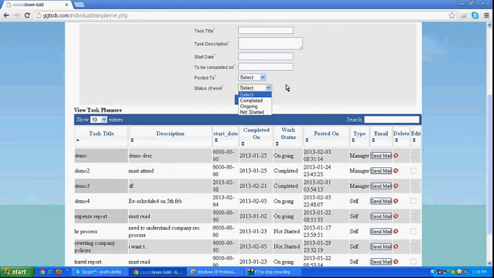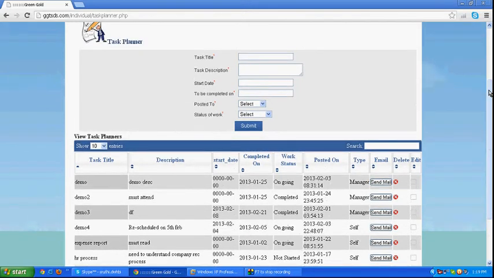And here the status, just if you click submit, the task will be entered in the view task planners, and if you click send mail, the task details can be sent through mail to the particular person.